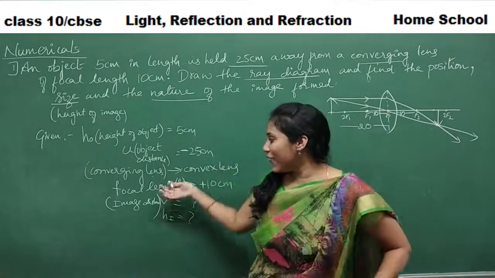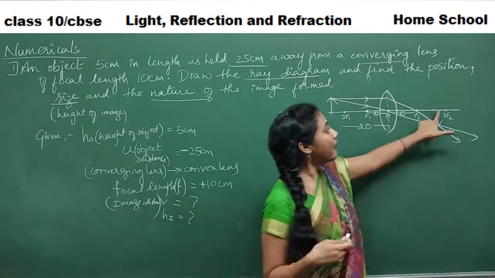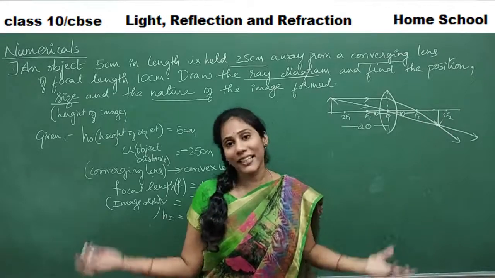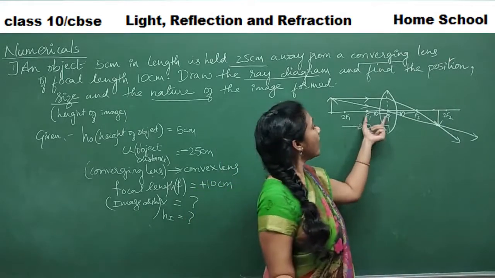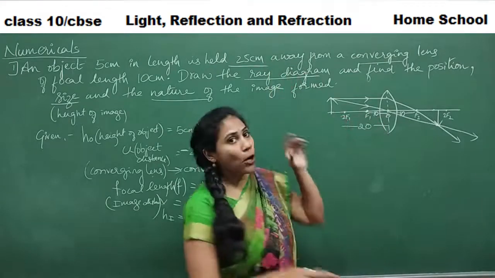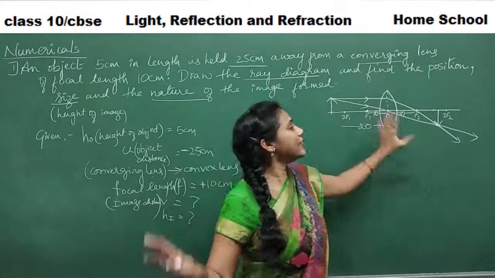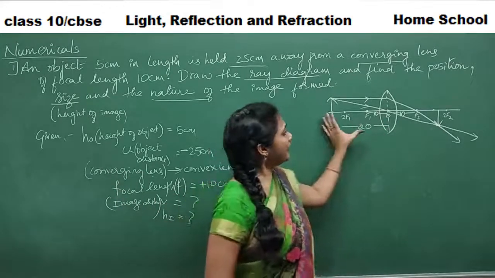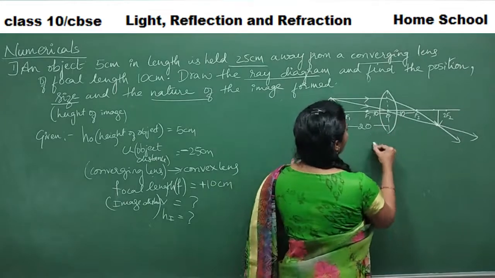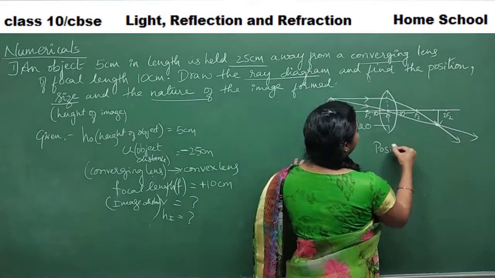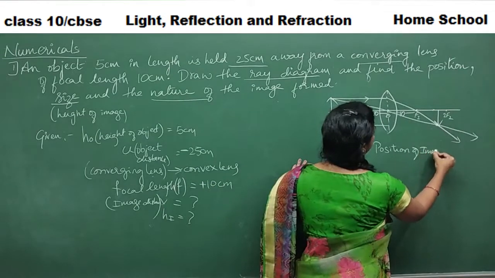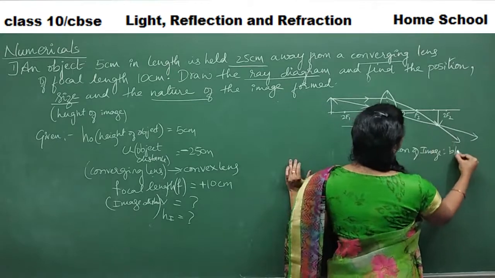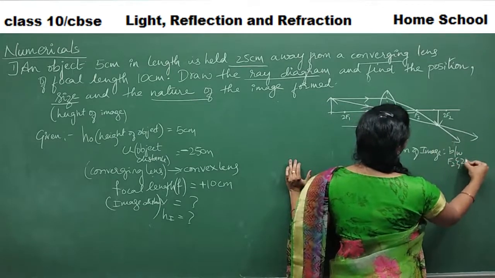Over. It's not that we have to calculate the V value and then mark the position of V and then guess how to draw a ray diagram. All that is not required. The moment you know the value of focal length and where the object is kept, it's enough to draw. That information is enough to draw a ray diagram. Clear? Fine. And from this, roughly we got to know the position of the image. We are not giving an exact number, but roughly we can come to know the position of the image. It is between F2 and 2F2, isn't it?